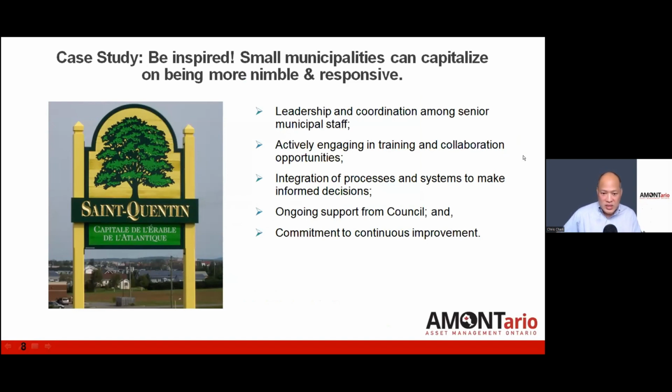The Northern Rockies municipality, Scott and Colwyn, who will be speaking after this, will be able to showcase some of what they do, which is really great stuff. The Ville de Saint-Quentin in New Brunswick is another really good example. But what's common among both of these small municipal examples is that there's good leadership, there's excellent coordination among